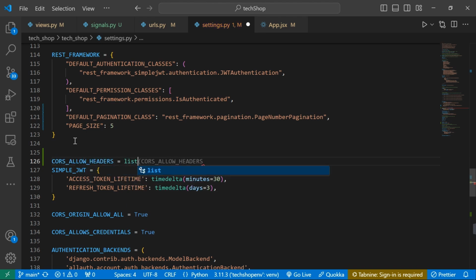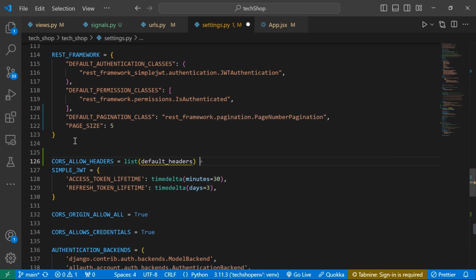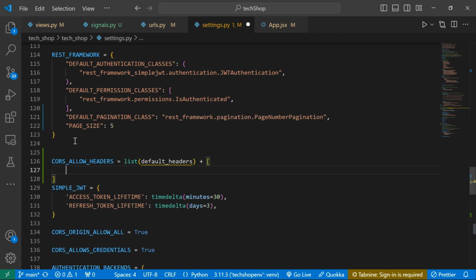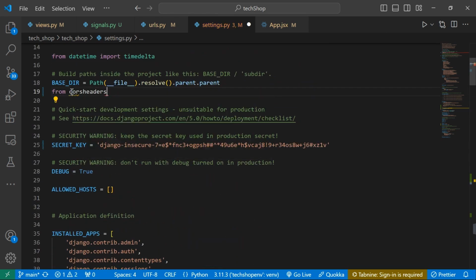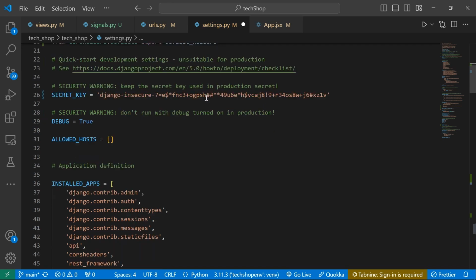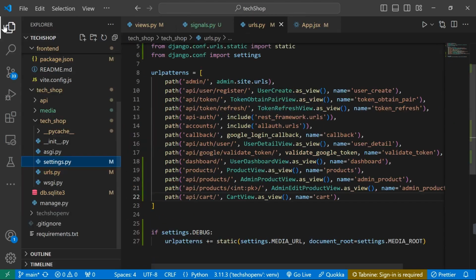For this, I'm going to set it to be a list, and inside this list, I'll put default headers, and I will concatenate it, then create a list of it. Inside it, we will have the x-google-access-token. Now, with this setup, we need to import our default_headers from corsheaders.defaults import default_headers, just like this. Okay, so now we can save this, close the settings,